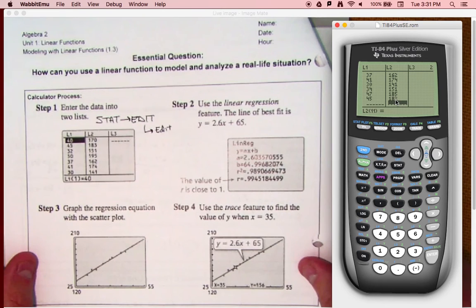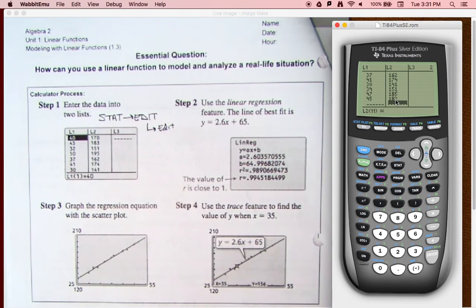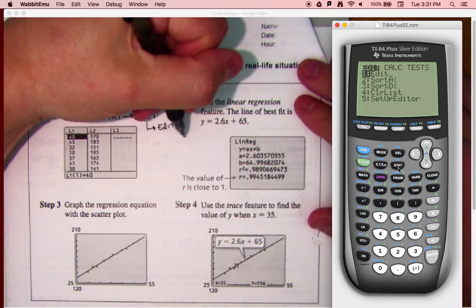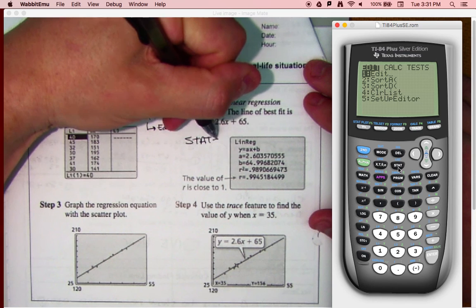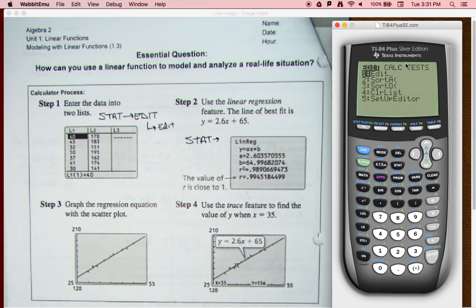All right, so let's go over to step 2. Step 2, use linear regression feature. So how do I find the linear regression feature? Stat, hit the stat button once again. So it's stat. And then you go over to the calc menu, which is right here. So I hit my right arrow key, calc, and you want linear regression. So calc,